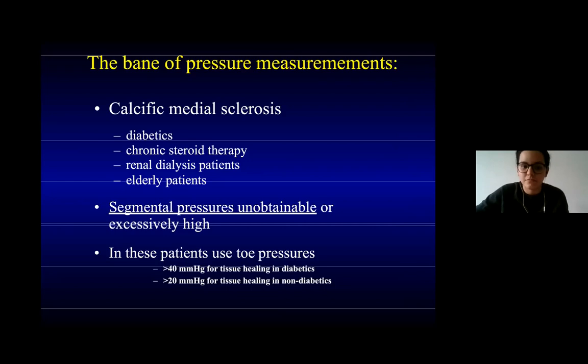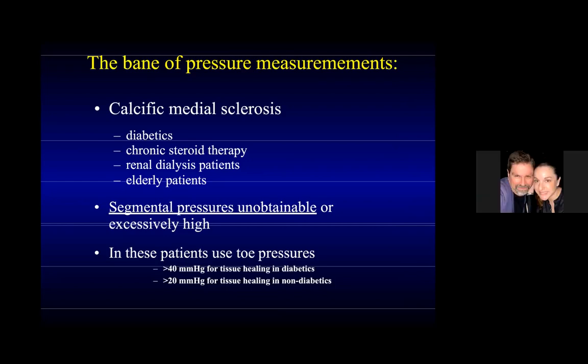¿Ok? Pacientes viejitos, obviamente, elderly patients will have calcific medial sclerosis. The segmental pressures are unobtainable or excessively high. You can't really compress those vessels. And if you compress them at high pressures, okay? So in these patients, usually the small vessels, the tiny vessels are saved, and you can do what's called toe